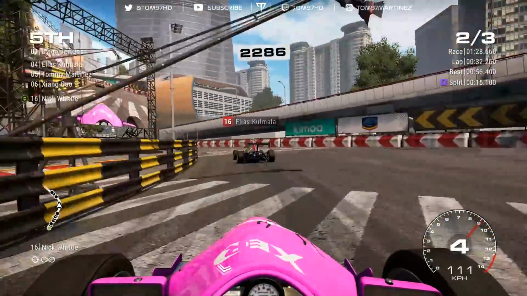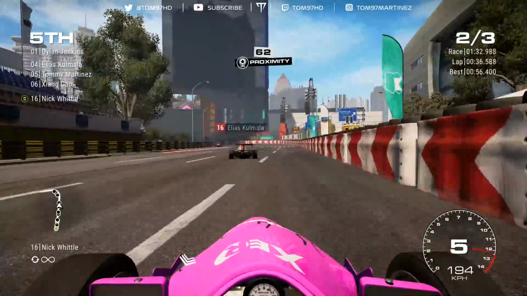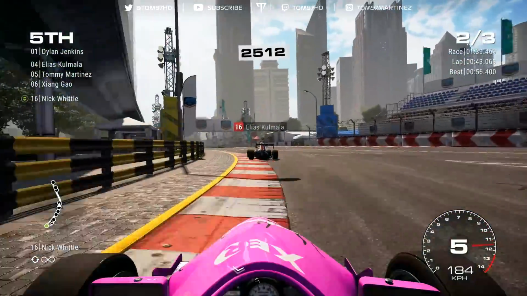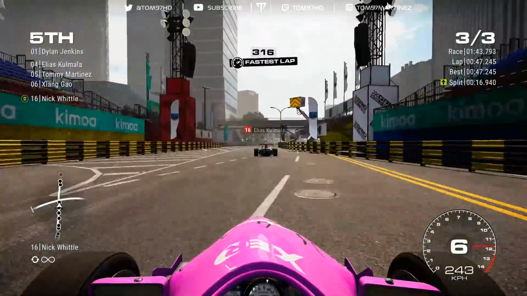Yes, we do. Back end getting a bit loose there again, but we are up to P5. We've got Elias Kumala in front. We're going to go around the outside. No space there. We just brushed the wall. Onto the last lap of the race, we've got to try and get that 3rd place if we can. There is a 2nd round, so we'll get another chance, but